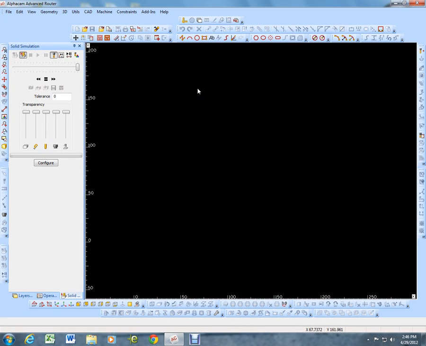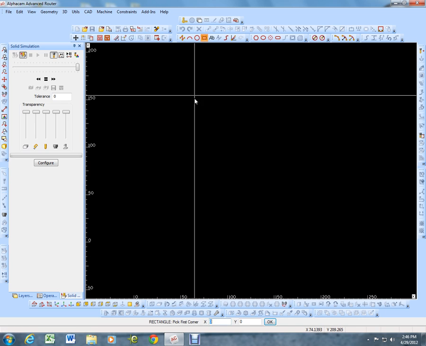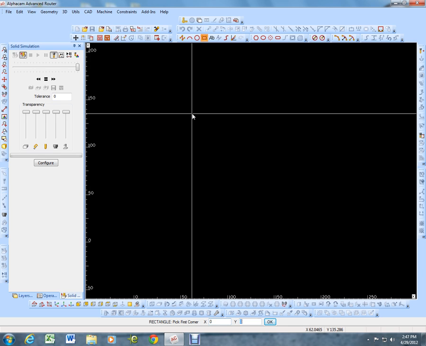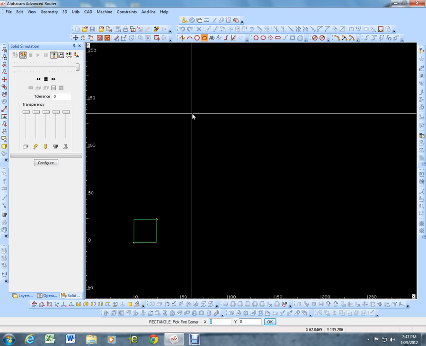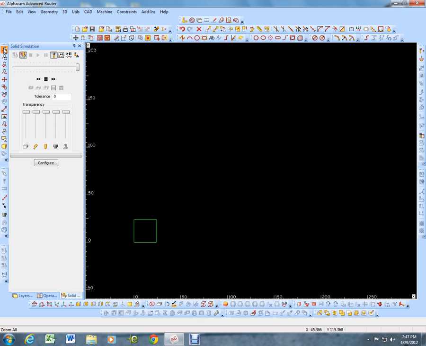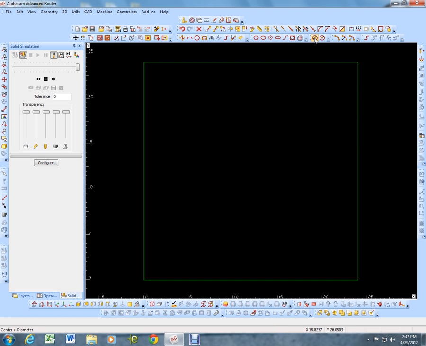Okay, earlier I talked about the open geometries and closed geometries on the toolpath directions. So let's start off with a piece here that's, say, 24 by 24. Zoom that up here. We'll put a couple of holes in it that are 1 inch. We'll just place a couple of those in here someplace. Then we'll pick a line,